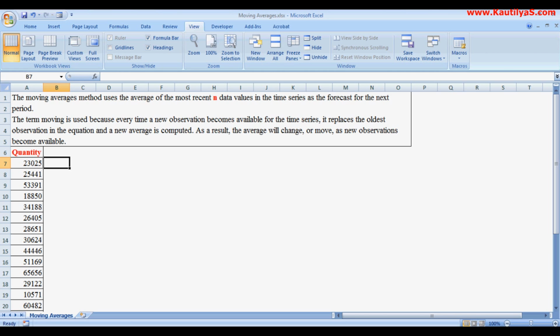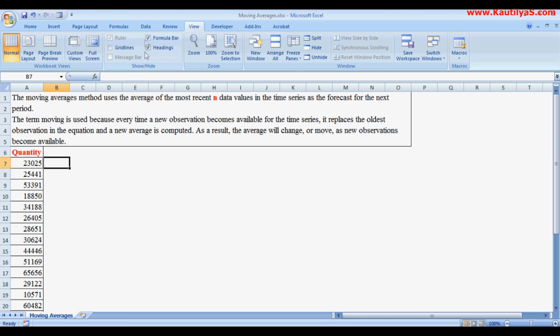So the equation we use to calculate the averages in the moving averages: we need to take value 1, 2, 3 based on the number of observation days. So for a 3-day moving average, we need to calculate the average of these 3 days. Instead of doing that, we can use Excel's built-in Data Analysis ToolPak.